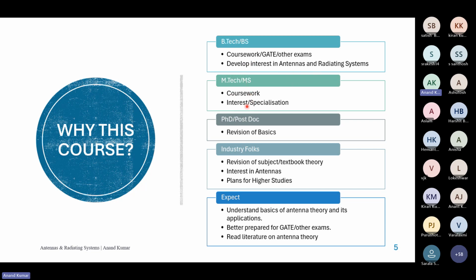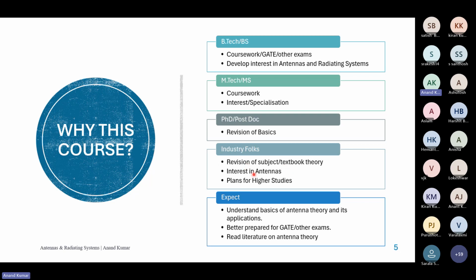If you're an MTech student in electrical engineering, in microelectronics or similar areas, this could be part of your coursework. And if you're doing a specialization in this, if you're a PhD or postdoc, you might just want to sit in the class and listen to it just to revise. If you're from industry, this could help you go through the textbook without having to read it. The slides are copied from one of the textbooks, exactly line by line. I'll just be talking through the textbook.